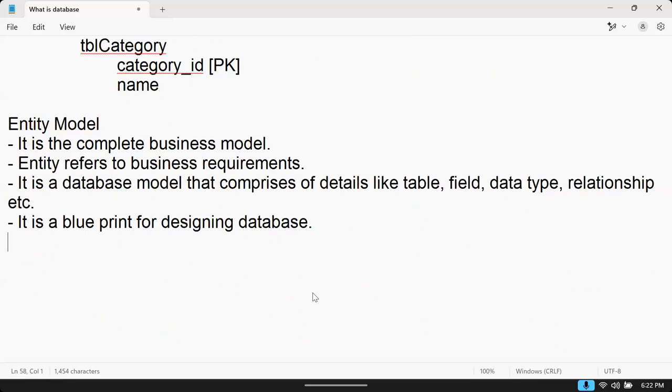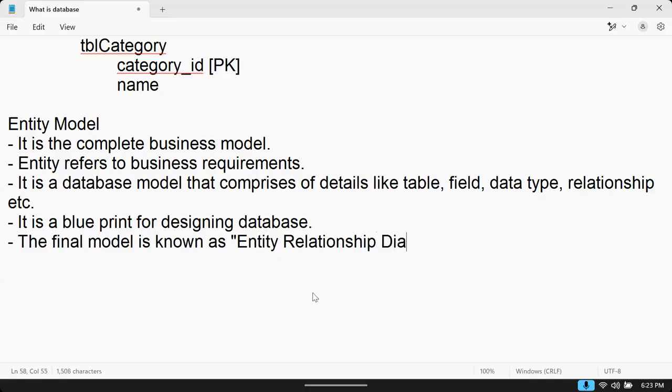So the final model is known as ER, entity relationship. The final model is called the ER diagram, entity relationship diagram.